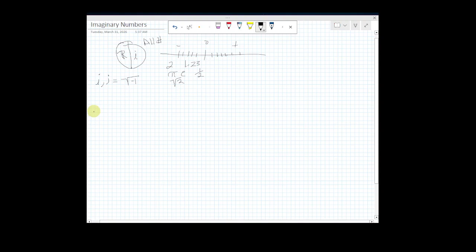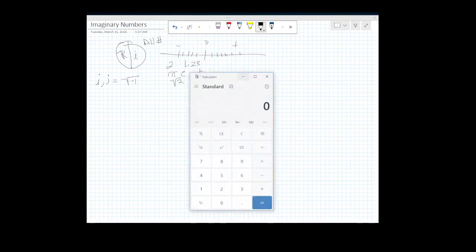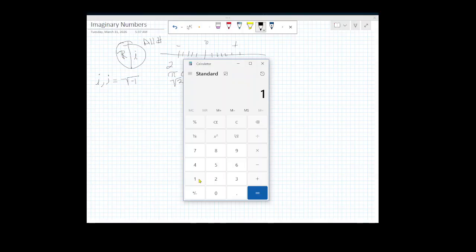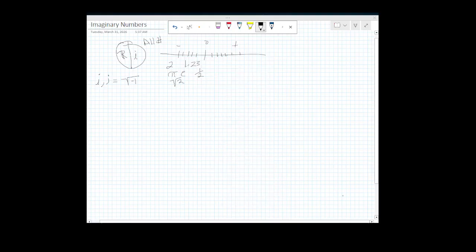And if you try and do it on a calculator, I'll pop one up here. Let's put in 1, make it negative, try and do the square root. We get an invalid input. The square root function does not understand -1. Okay, and you can do that on your own calculator. If you have a graphing calculator, it might be sophisticated enough to actually say domain error, but if you do it on any other calculator, you just get some kind of an error. Okay,